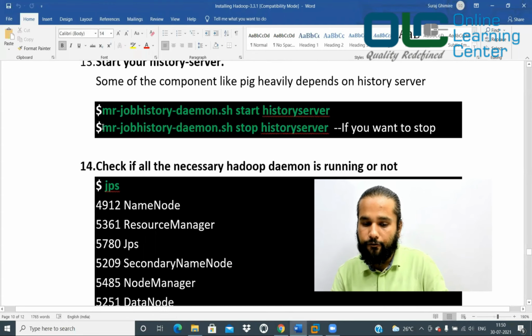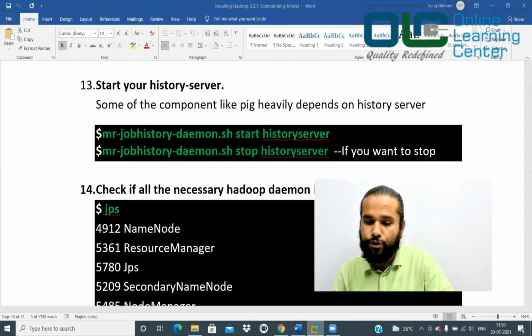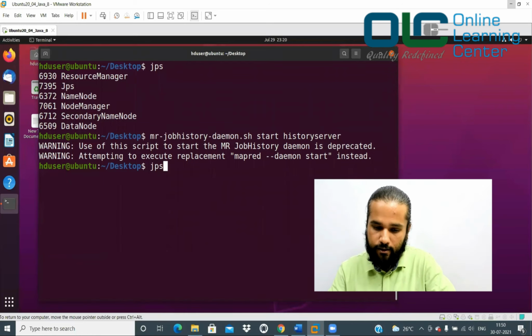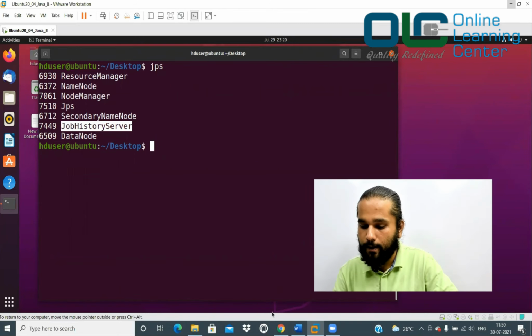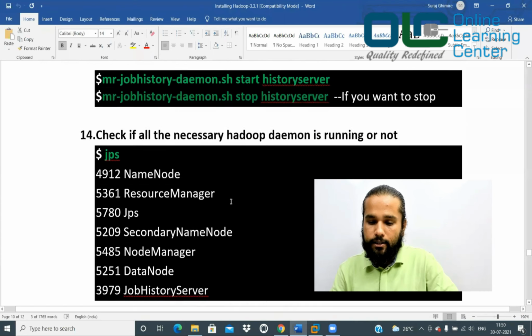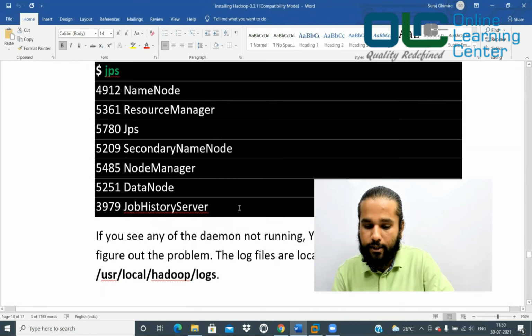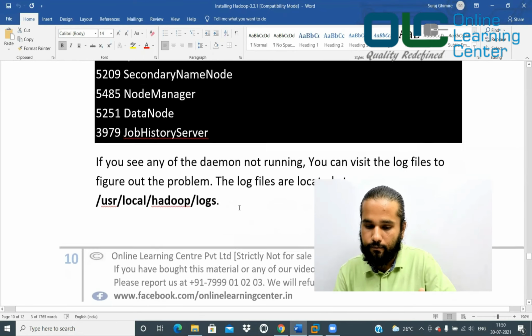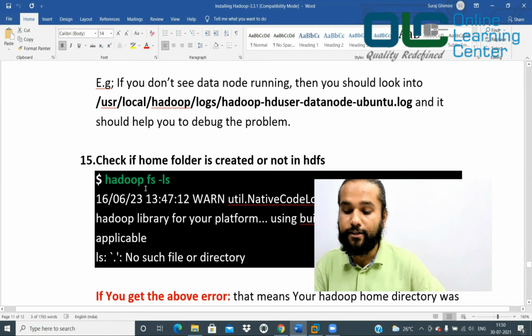Next, similarly, if you want to stop, then you would basically use this to stop your history server. Now, if you do not stop this, and if you say jps, you should see the history server as well. So let me again say jps. Now, if you see, you have got another component called job history server. Okay, done. Next, now if you want to stop your job history server, definitely you can use the stop command to do that, right? But now what we have is this.